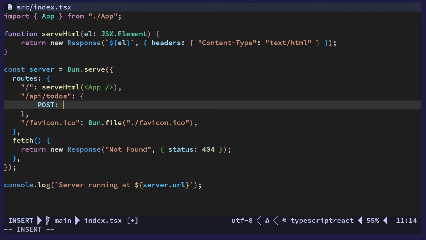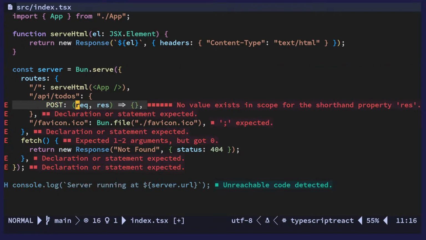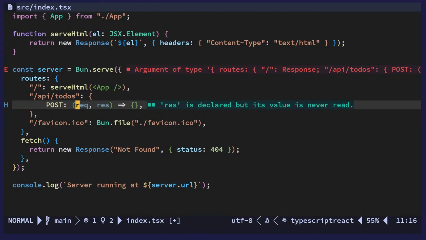Post. Okay, yeah, you can. So then post, and then this would be, let's say we get rec here, I think. Request, response. Wait, no, we don't get the response like that. We just get the request. Okay, and then we're saying like